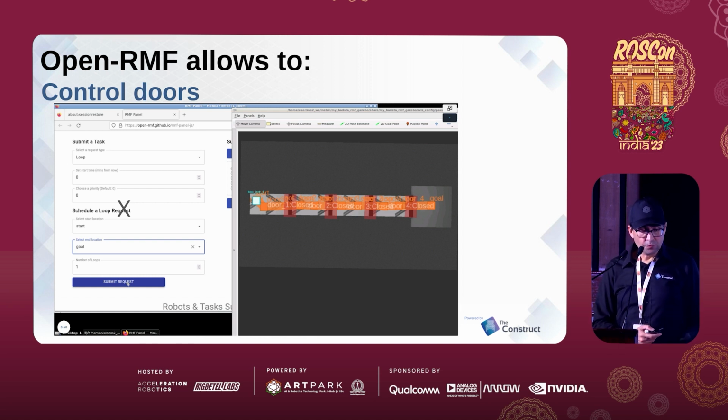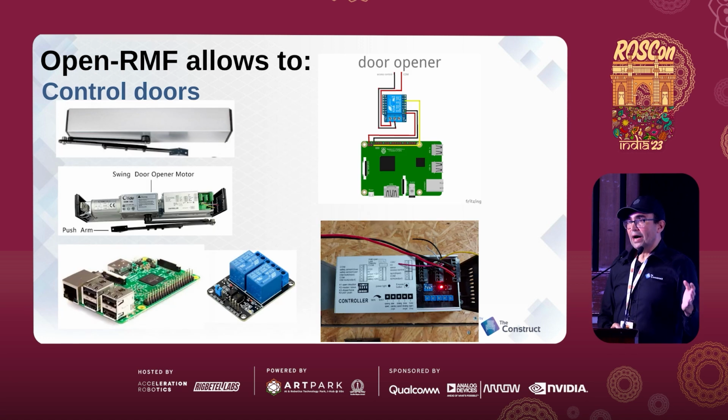So in order to control a real door, because those are simulated, you need to have some special hardware on your door, of course. The robot cannot control that door just like this. The robot is not going to be pushing the doors, it's not going to be managing the handle or anything else. You need to make your door able to communicate with OpenRMF. And how do you do that? Well, first you need to buy some